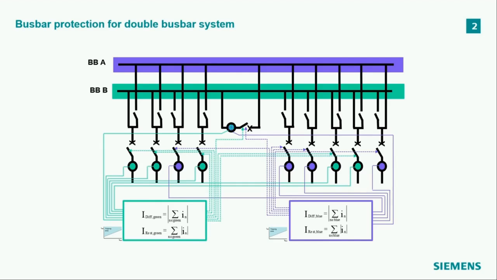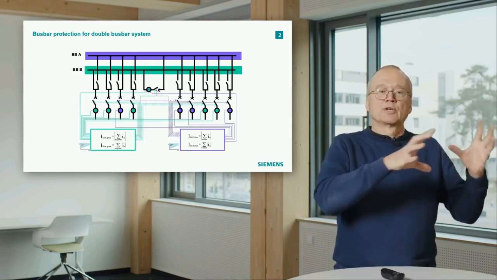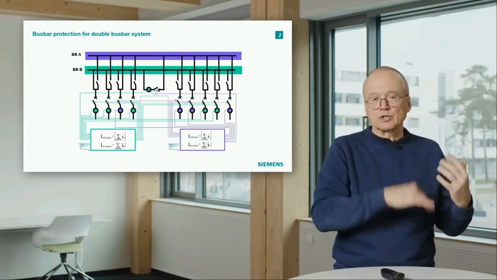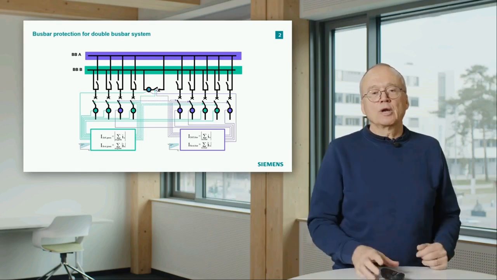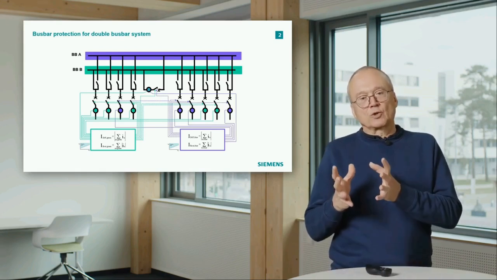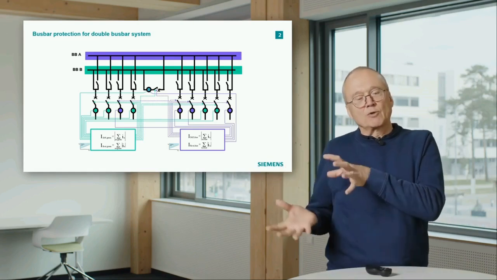Then the third one is connected to the purple busbar, and so on. And then virtually we must connect all green current transformers to one algorithm where we calculate the differential current and the restraint current, and all feeders connected to the purple busbar. All these currents are combined